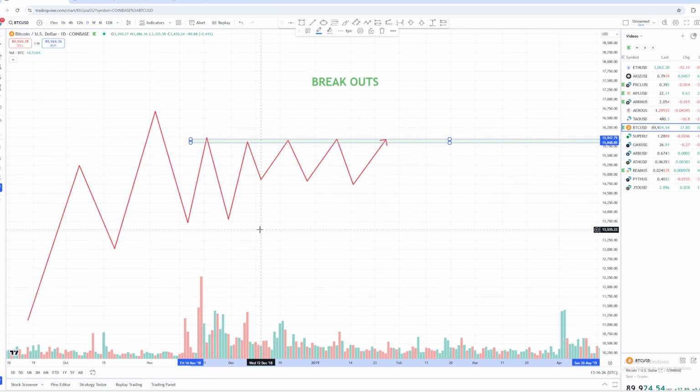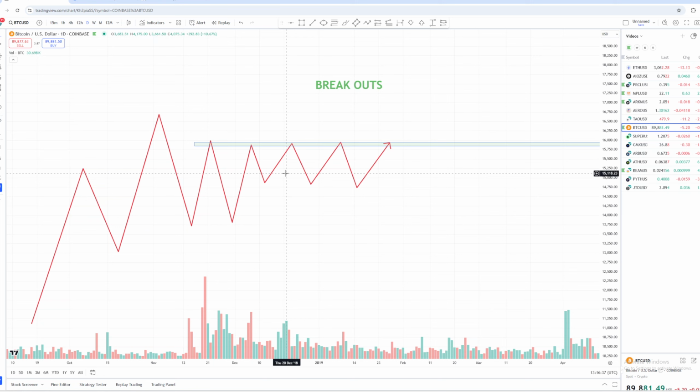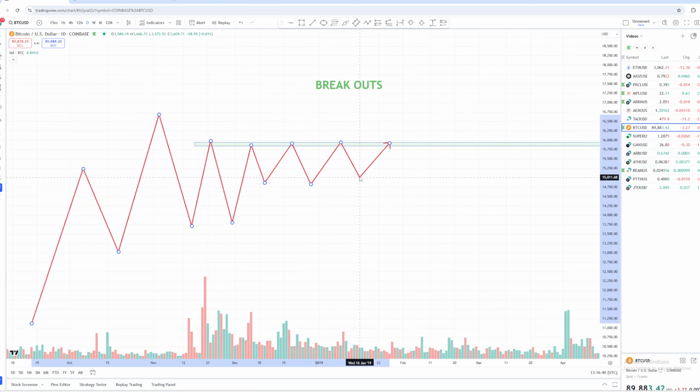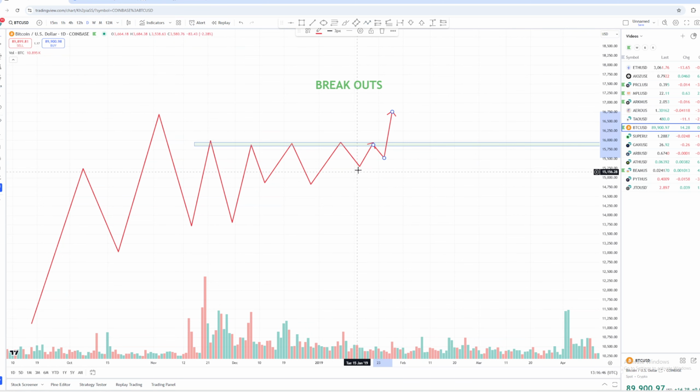And as you can see, even though it's a drawing, we're going to look at specific charts and examples, but just for the theory, you could see that once we have a few reactions, this is already a very cleanly established level respected by all participants. So once price starts squeezing into this area, there's a potential for a breakout to occur, which pretty much means that you have a level and then at some point price breaks through it with more volume and with more